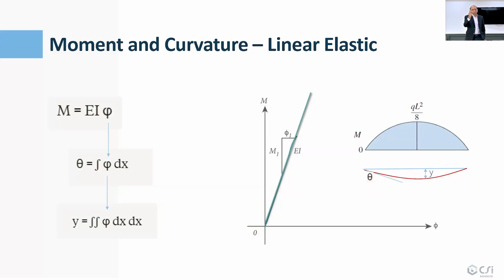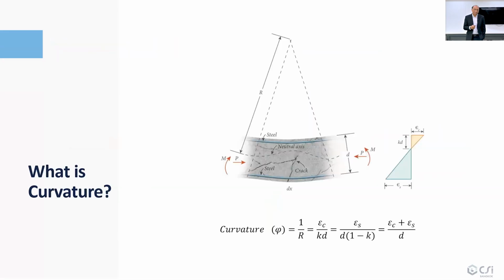It is related to moment through curvature, which has a direct relationship to moment through stiffness. So that means if we are able to determine the moment rotation relationship, we can determine other things easily. And that's what we are talking about here. So this is the linear interpretation of this one. But we have seen that this is a nonlinear